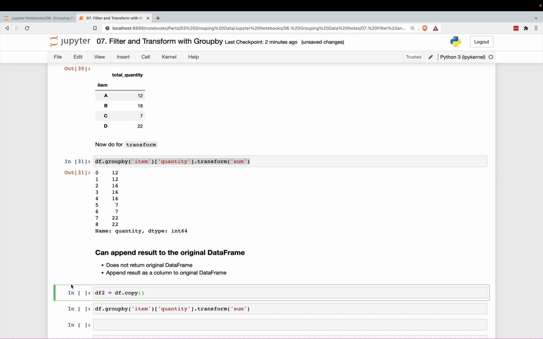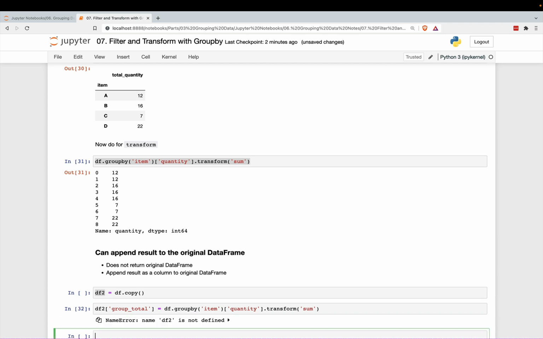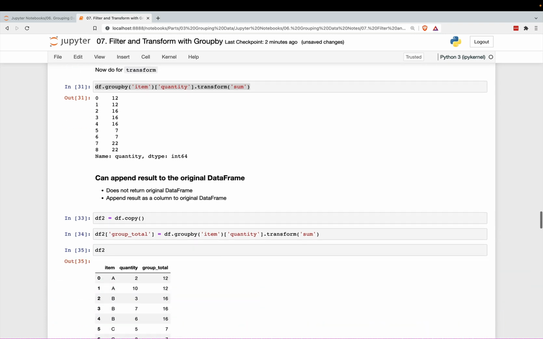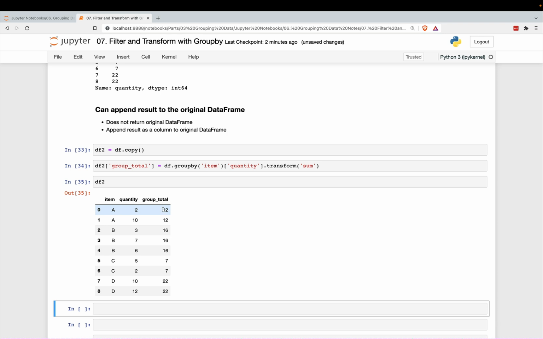So I'm going to make a copy of our original data, and now I'm going to call this, I'll just say item total. Actually, just say group total. So I'm going to make a new column, and I will just append it like this. I didn't actually run this. So df2, so here we go. There we go, we have